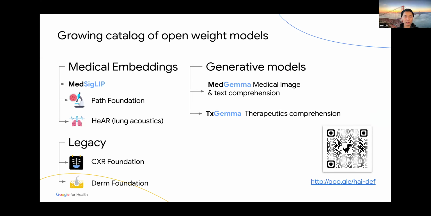So I'm going to skip this fairly quickly. Some of the models that we're releasing in this area include MedGemma, which was the focus of Andrew's talk. Alongside MedGemma, the image encoder associated with it is MedSigLIP. There are also a few slightly older models here for chest x-ray, dermatology, and one for audio as well. One thing that's missing from this slide is a medical transcription model called MedASR.